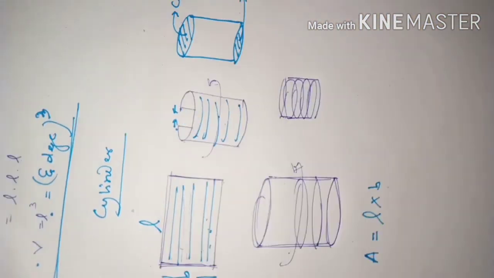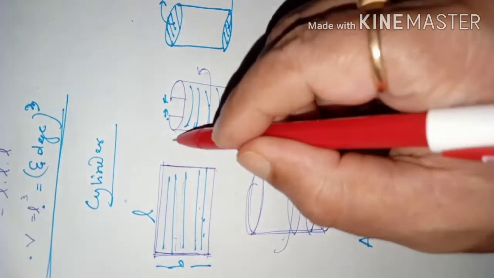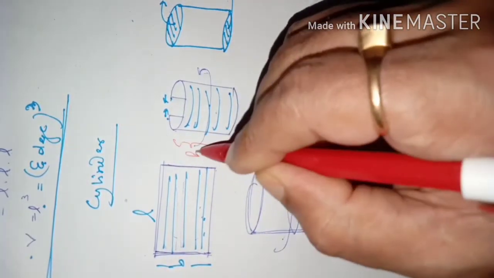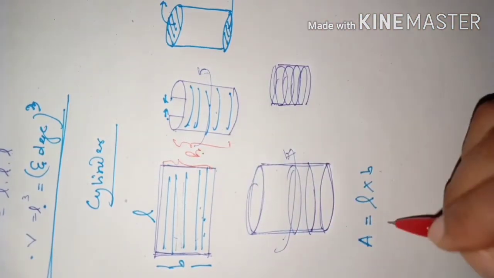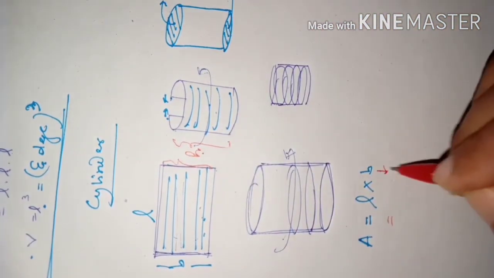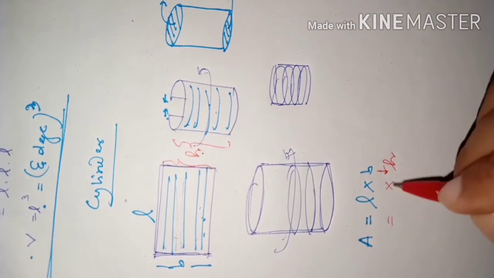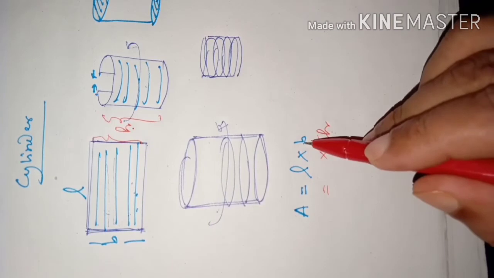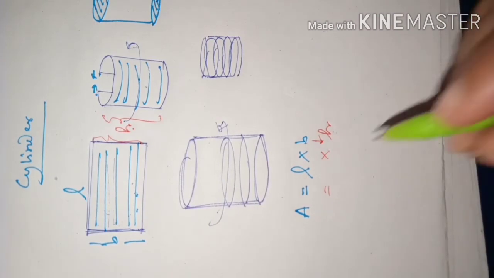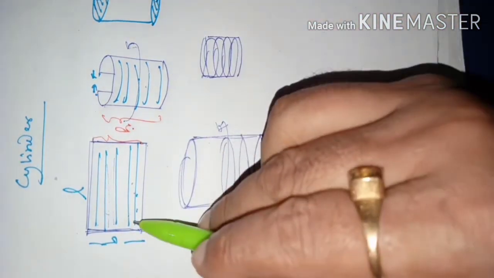For the cylinder, you will not say it is breadth now. You will have to say what it is, height. What was length, breadth here, that is height now. So the breadth will get converted into height for a cylinder. You got the idea? So that is why I am writing here H for breadth, because breadth will turn into height in a cylinder. Did you understand, dear students?